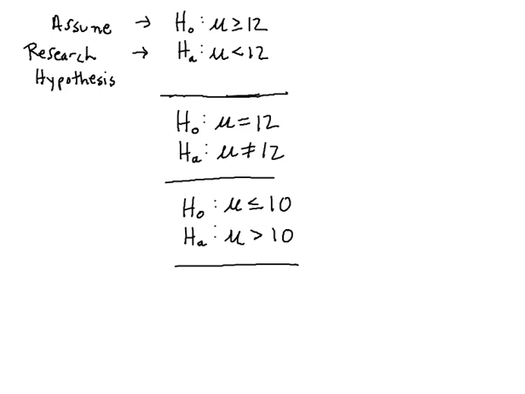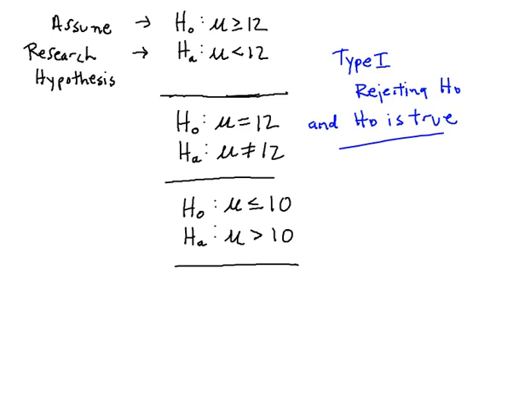Okay, now in running a hypothesis test, there's two types of error. The first error is called type 1. And type 1 error is rejecting the null hypothesis, or H sub 0, and in reality, H sub 0 is true. Rejecting H sub 0 and H sub 0 is true. That would be a mistake. In the first case up here,